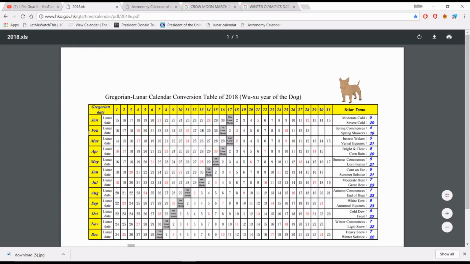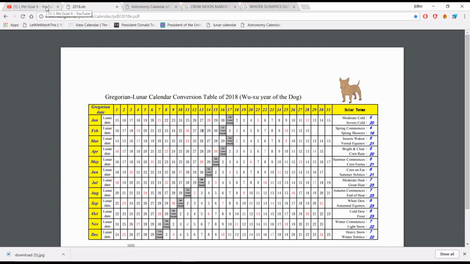Now, if you take February, which is the second month in the Gregorian calendar, that's 2, and you add it to the first lunar day in the first lunar month, which is the beginning of the Wuju year of the dog, then you've got 21. Then you've got 22, which is represented by the V on Obama's head, and then you've got 23, which is when we're outside of the classroom and everything appears to be destroyed. Not only that, but